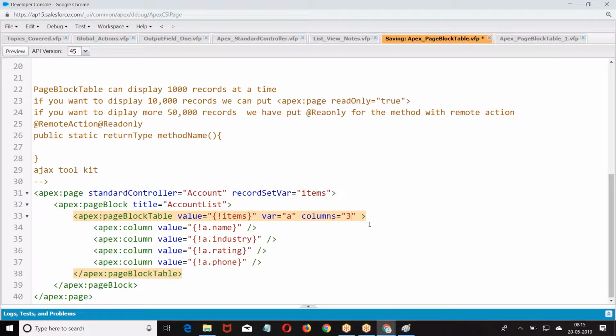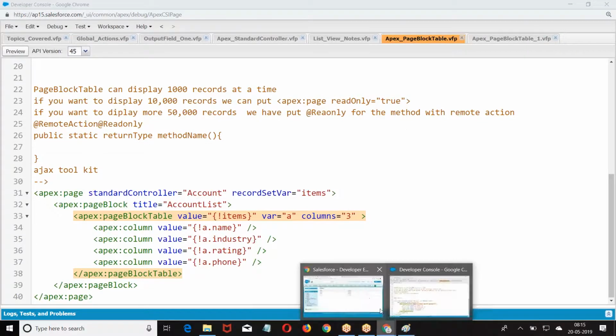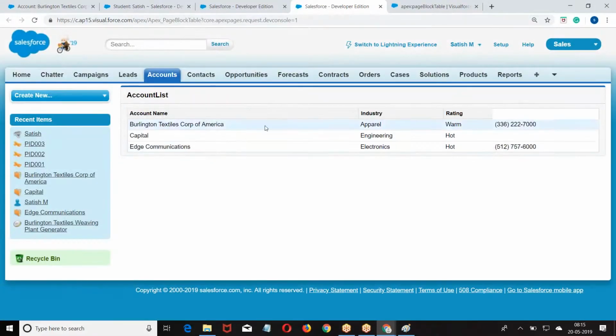I told number of columns equal to 3. Go back and display. Now look at this. The fourth one is removed from the section. Three, the fourth one is displayed, but it's not displayed in the alignment.